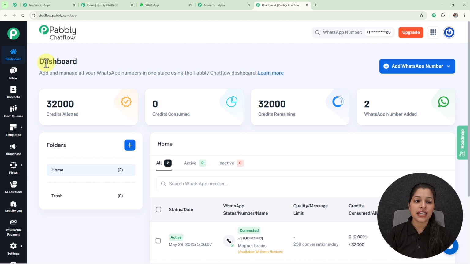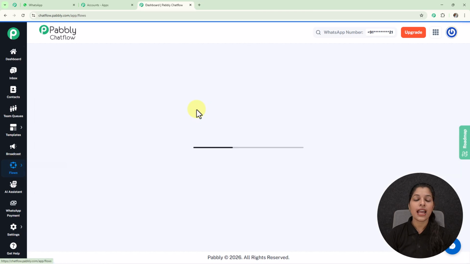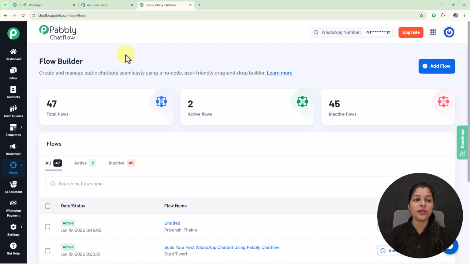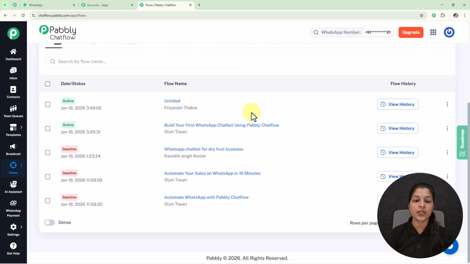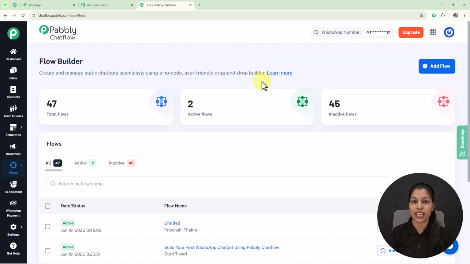And moving on to the sidebar, you can see these are the features provided by Pabbly Chatflow. And if you want to learn more about these features, then you can watch the video given in the description. And now as we are going to create a chatbot, then we just have to click over the flows given on the sidebar. And once you click over the flows, you will be landed to this flow builder page where you can see these are the flows I have created. And if you want to create a new flow, then you just have to click over this add flow button,